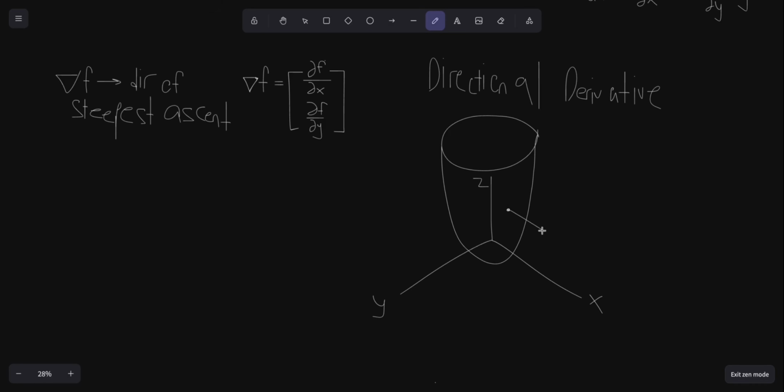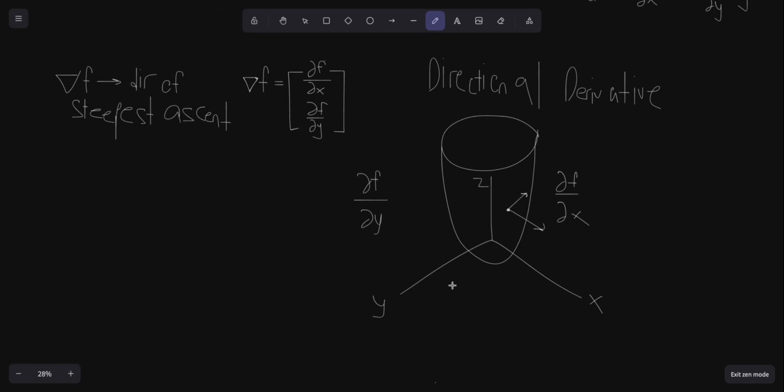Well, we saw how if we move in the x direction, just a tiny change in the x direction, and we see how that affects the height of the function, that's just going to be partial f with respect to x. If we move slightly in the y direction, a little dy, and we see how that affects the height of the function, this is a little df. Well, the ratio of those changes tells me the slope in the y direction, or sorry, the derivative of the height of my function with respect to the y value,